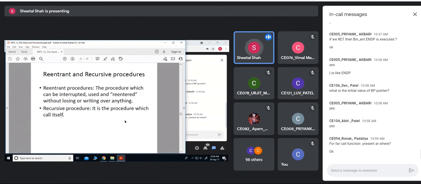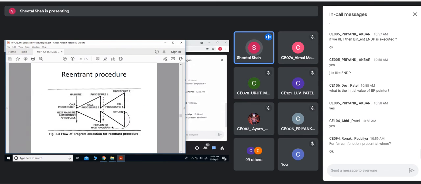So these procedures can be reentrant or recursive procedures. The reentrant procedure means the procedure can be interrupted. That means through that procedure, one more procedure can be called. It is used and re-entered without losing or overwriting anything. We can see this.